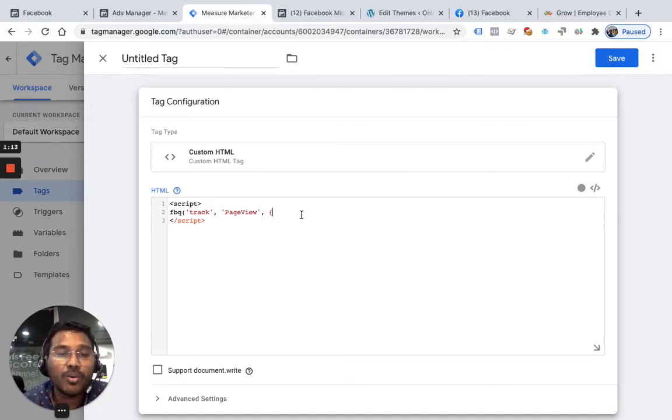What extra information do I want to send here? That extra information is always sent as a third parameter, as an object. Right now the object is empty, but I have to add values. I will show you why I want to add them and what I want to add.